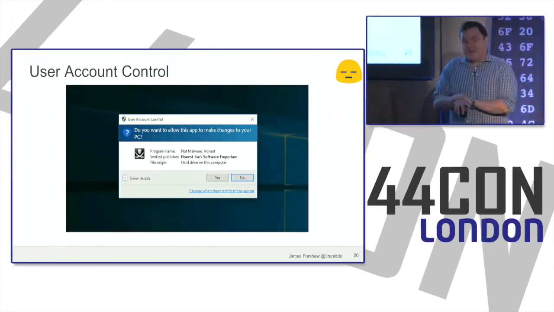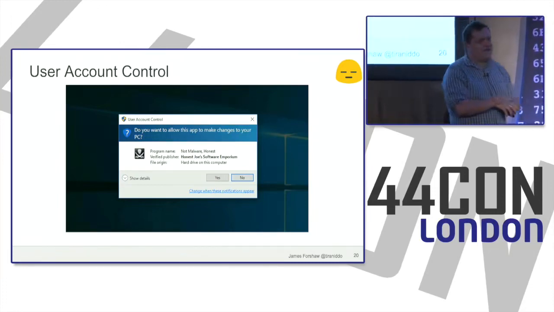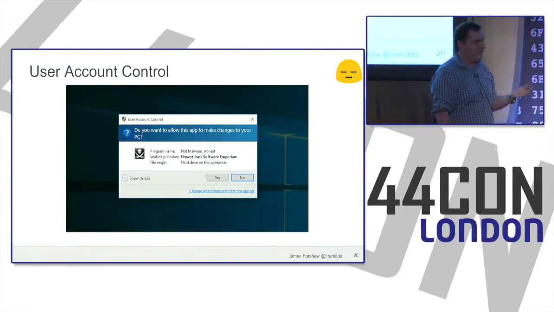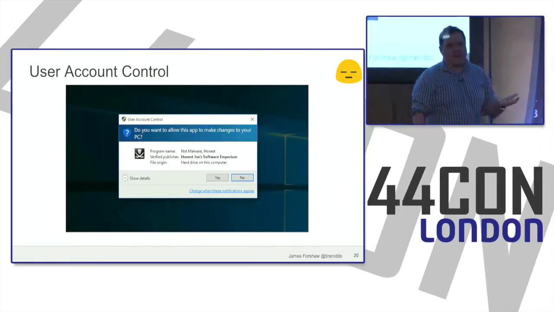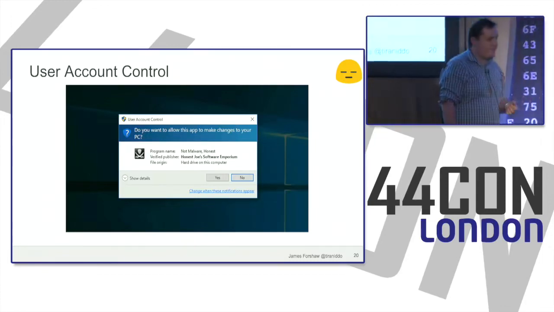Now, one of the things I hit far too often in my dealings with Microsoft, usually when I'm looking at local privilege escalation, is User Account Control. And I would say it angers me somewhat, the way it's treated sometimes. I'm sure pretty much everyone has seen User Account Control if they've ever used a Windows machine since Vista. They will have seen this prompt or a similar prompt. And how could you not click yes to Honest Joe? He's clearly trustworthy, and it's not malware, honest.